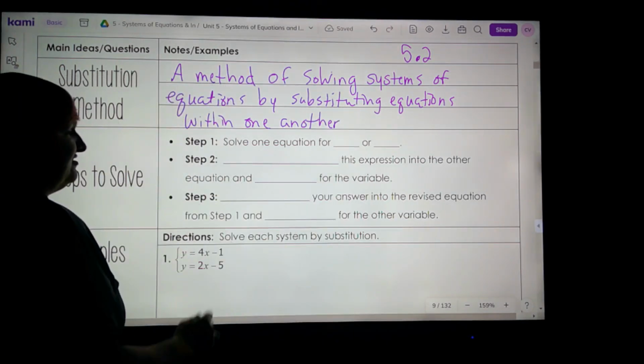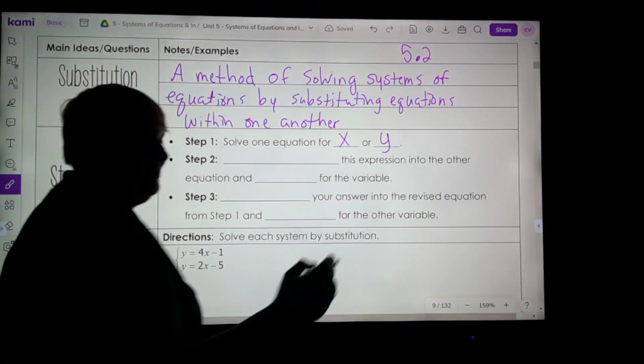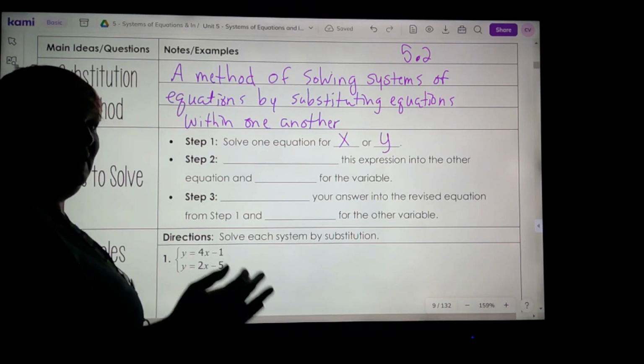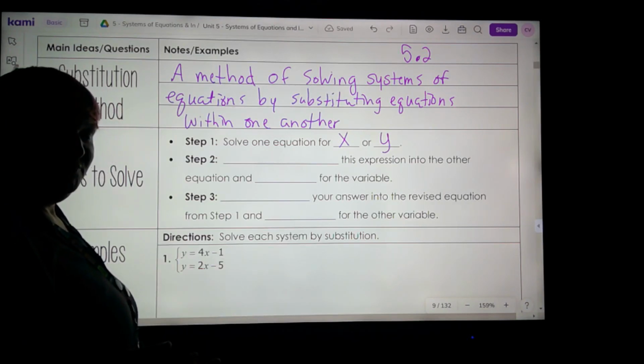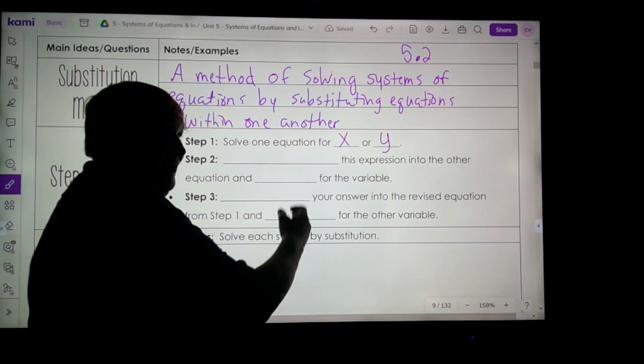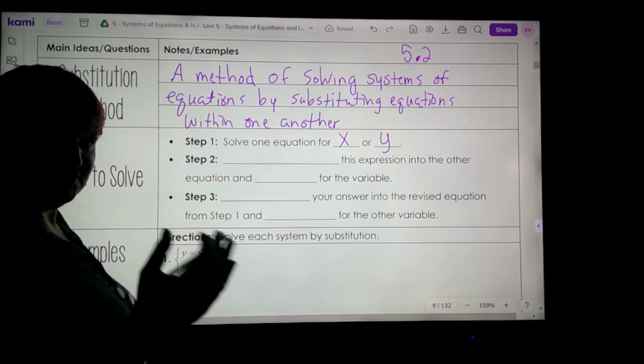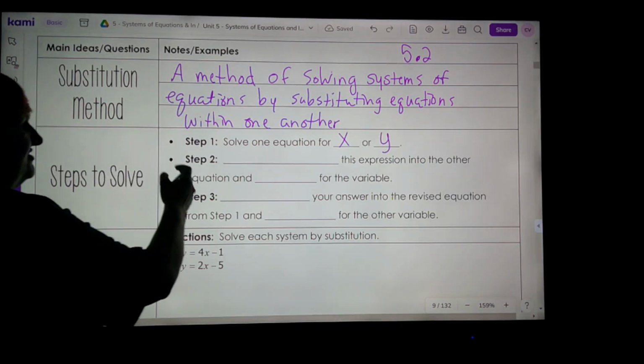Alright, so step one, solve one equation for x or y. It doesn't matter which equation, and it doesn't matter which variable you solve for, right? The idea is that we can use the symmetric property. If x equals 12, then we can replace x with 12, right? That's the whole point. Step two,